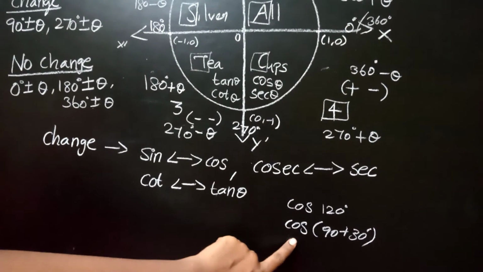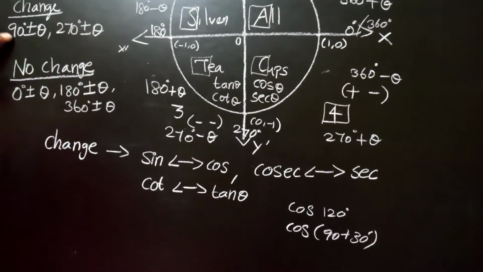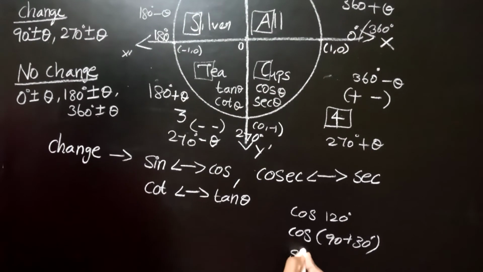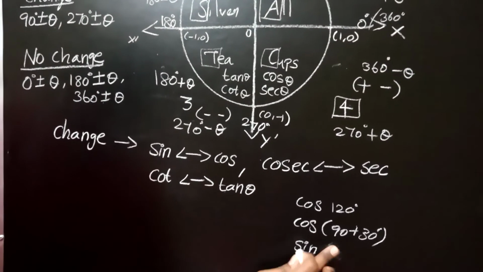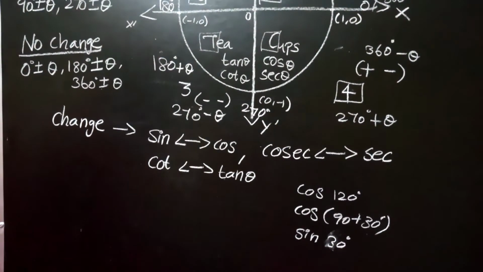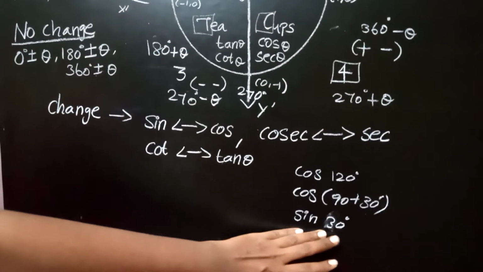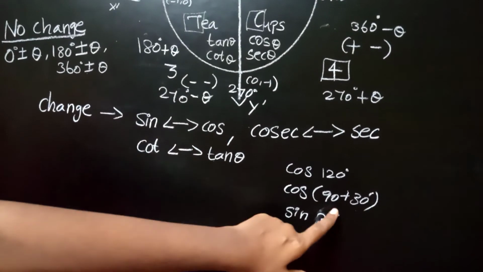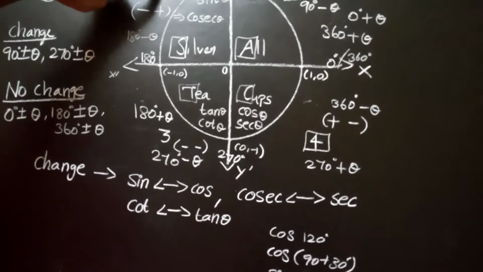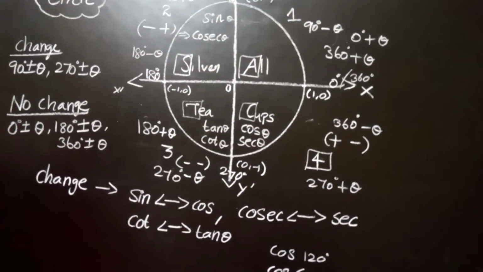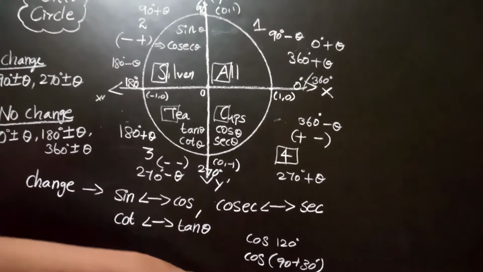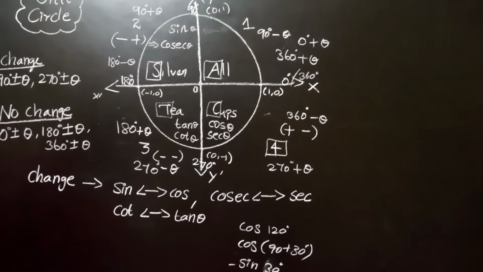Look at the example. Here we have taken cos of 90 plus something, that will come under change. Change means this cos will become sine. Now sine theta: in the place of theta we have 30, so we should write sine 30 degrees. We can leave the 90 and write only sine 30. Now one more thing to think over: 90 plus theta will come under which quadrant? Under the second quadrant. In the second quadrant only sine and cosecant are positive, so since they are asking for the cos value, we have to take the negative sign. Sine 30 we can take from the table value and fill it in.